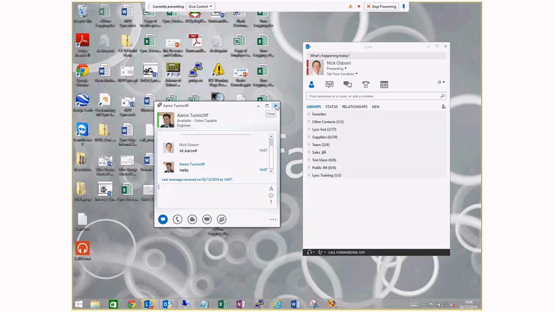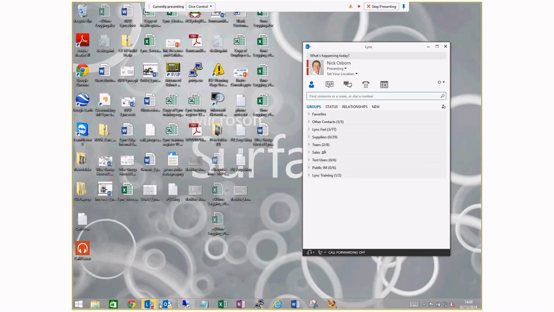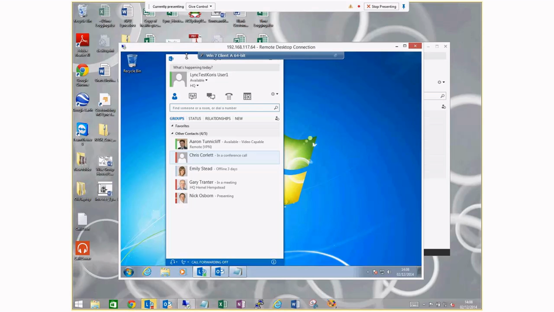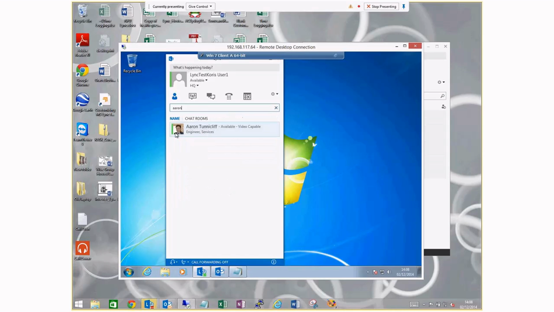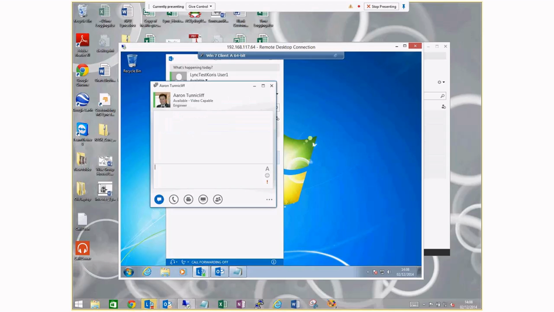So because I'm actually in a call at the moment, I'm not going to try and call Aaron, because you'll then all get put on hold and that won't sound great. So I'm just going to flick to my demo machine, where I've got another client here set up that I can make calls on without interrupting our webinar. So I'm just going to search for Aaron again. We're just going to start up a conversation. So I just typed his first name there, go to IM,